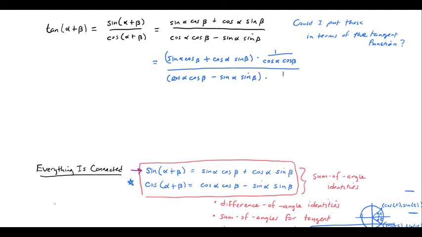I'm going to multiply that by 1 over cosine alpha, cosine beta. Now the idea here is this is equivalent to this as long as this fraction is defined here. There are places where the cosine of alpha or beta might be 0, in which case I'm actually doing something a little bit different here. But anyway, by multiplying both the numerator and denominator by this, I am not changing the value of this fraction